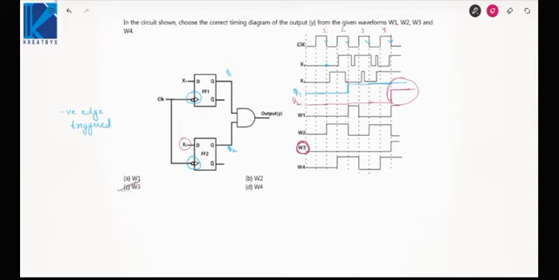Okay. So that is all from this lecture. In the next one, we'll continue with the problems based on sequential circuits and other small topics such as data converters. Is it fine? So here I have drawn in the timing diagram directly the waveform of Q1, Q2 and then determined the output. So be ready with the concepts of sequential circuits because we'll look at the problems based on sequential circuits in the next video. Thank you.